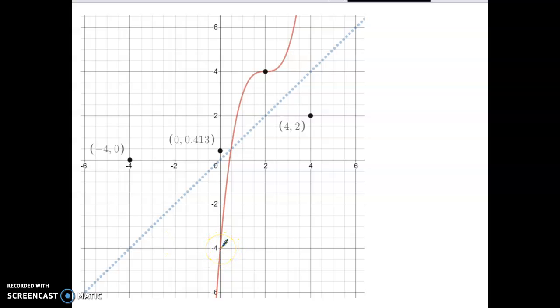So the point that we had right here, (0, -4), is now over here, (-4, 0). The point that was right here, (0.413, 0), well, that's right here, (0, 0.413). And this one, (2, 4), has moved down here to (4, 2). So what we're going to do is connect these points, and we're going to keep in mind